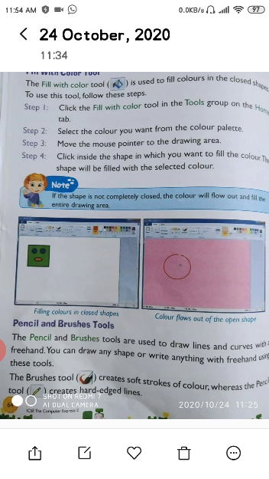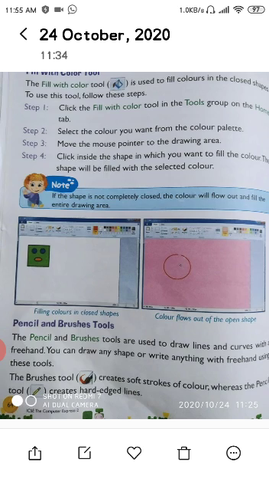So for example, if you want to draw a picture of a house, first you choose a pencil, take the line tool, come to the drawing place and draw a rectangle. Again you take the shape of a triangle. These tools help you draw a house.